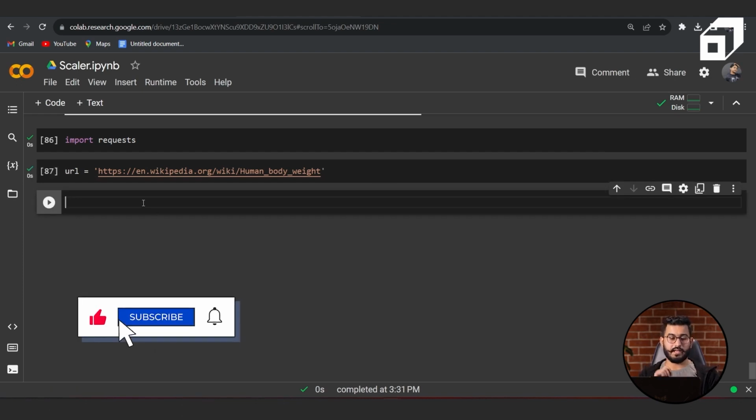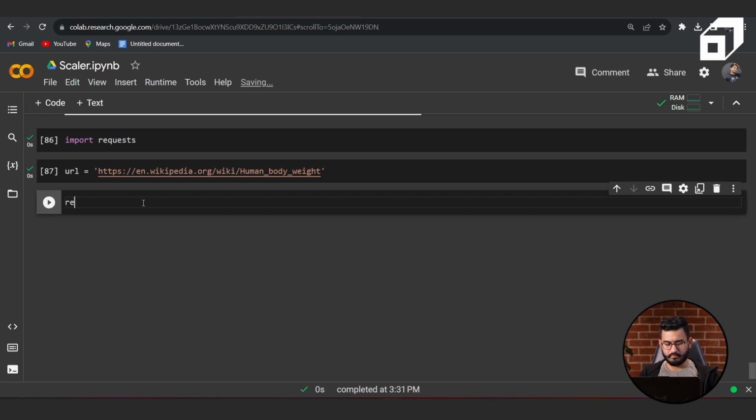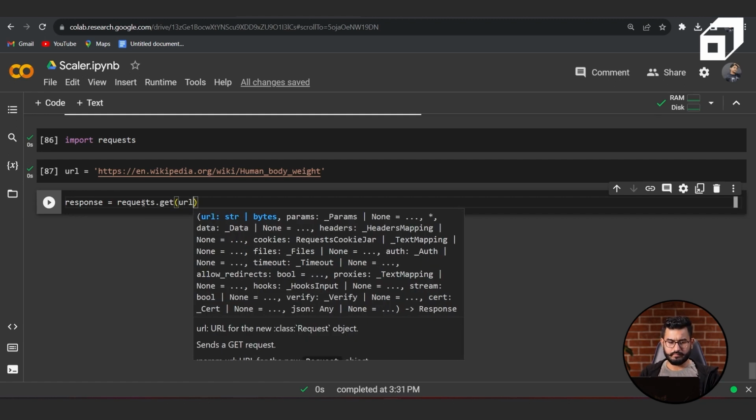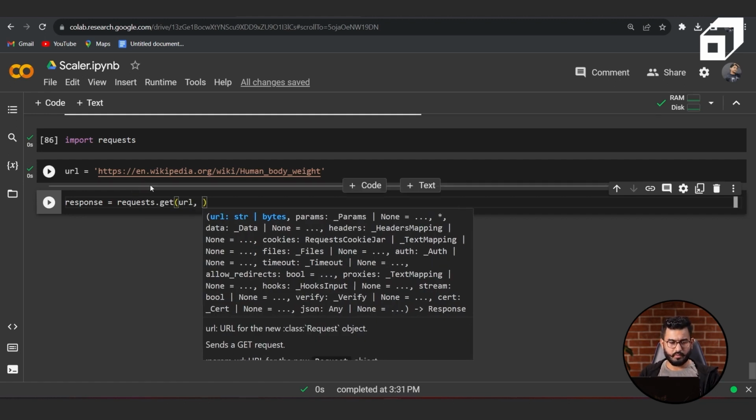And now we have to create a request. So the code is response is equal to requests.get, then the URL that I'm trying to get, comma,